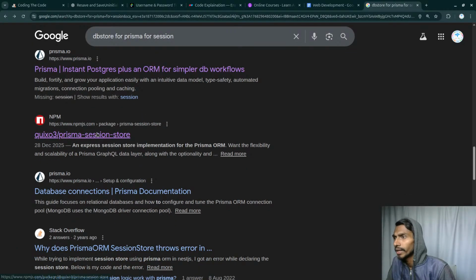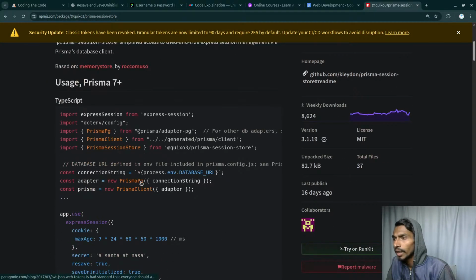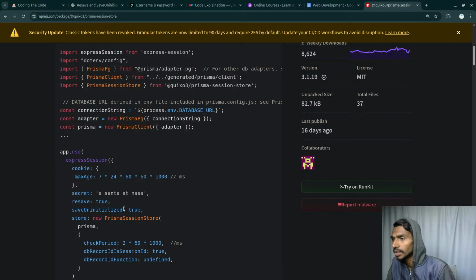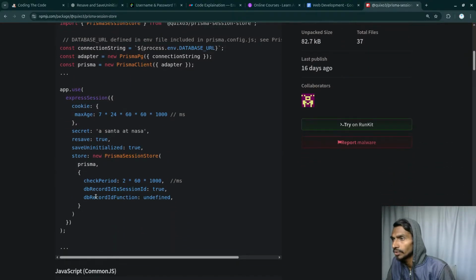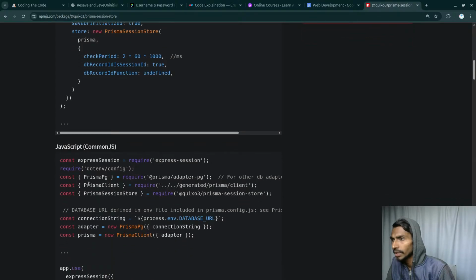Interesting. Never mind. Let's click on this one. They are simply specifying the things like this. Okay, fine, I got the idea exactly how it's used. Another thing is that